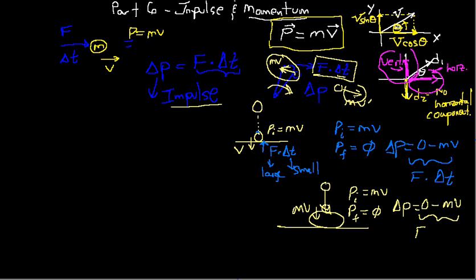That change in momentum is the force times the change in time, but we notice that this change in momentum is going to be negative mv here, same as up here. So they're both constant, or rather the change in momentum is constant, all right? That doesn't change from this situation to this situation. But what does change is the time interval. So if the time it takes to slow the egg down is increased, so this is a larger time,